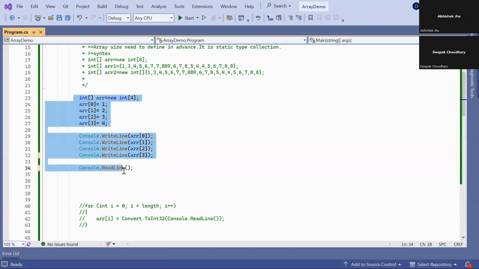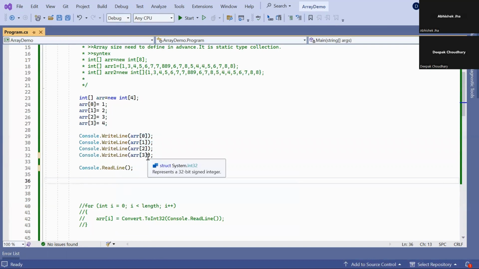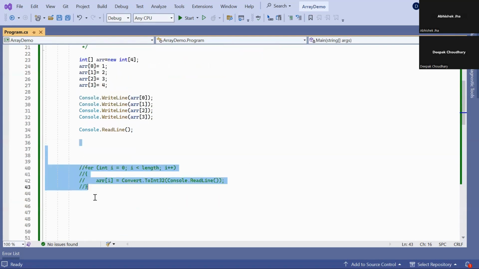So this is, I can say, a very time consuming process to add the elements into the array as well as to display the elements of the array. So a better way is to implement the loop. That's why we learn loops.